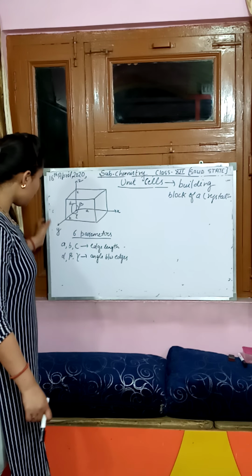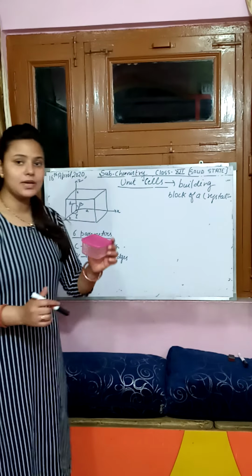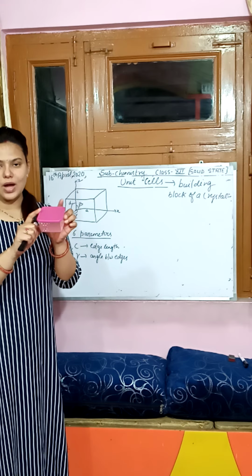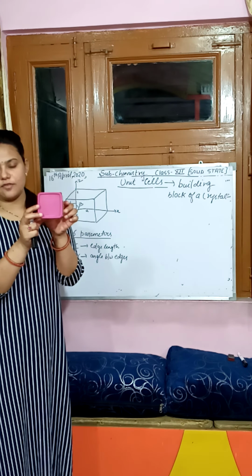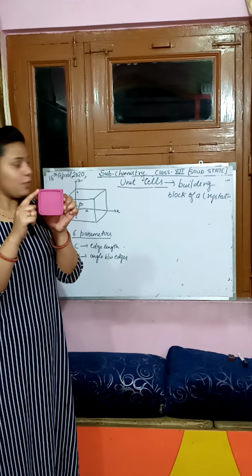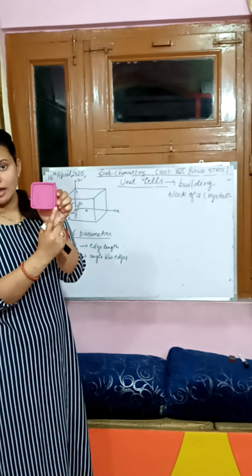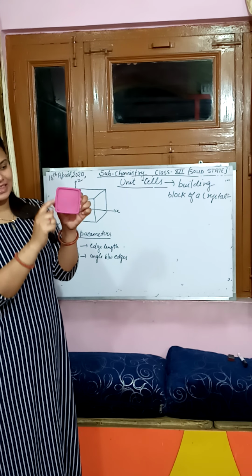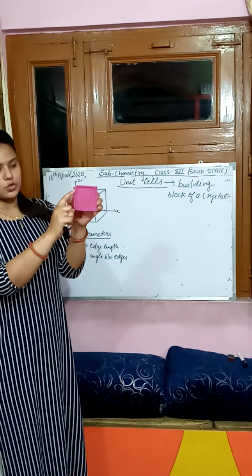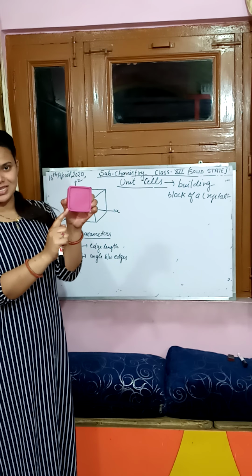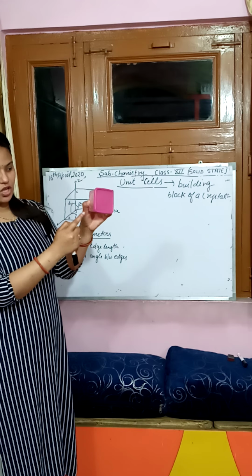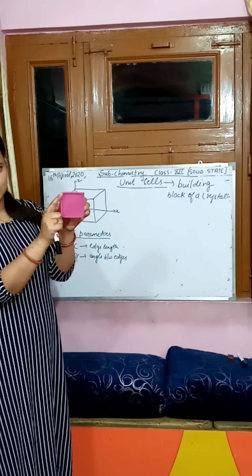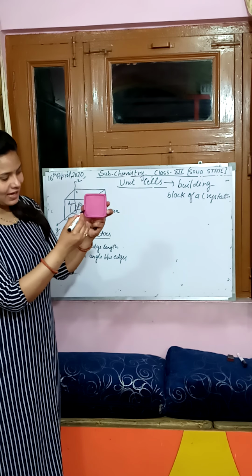Now let me show you a kind of unit cell. Suppose I am considering this cube. This has an x-axis, y-axis and z-axis. If you look at it like this, suppose this is your z-axis, this is your x-axis and this one will be your y-axis. So you can talk about its lengths A, B and C. Whatever edge length you want to measure, suppose this is your z-axis, this is your x-axis, this is your y-axis. Along the x-axis this edge length is A, this one is B and this one is C.